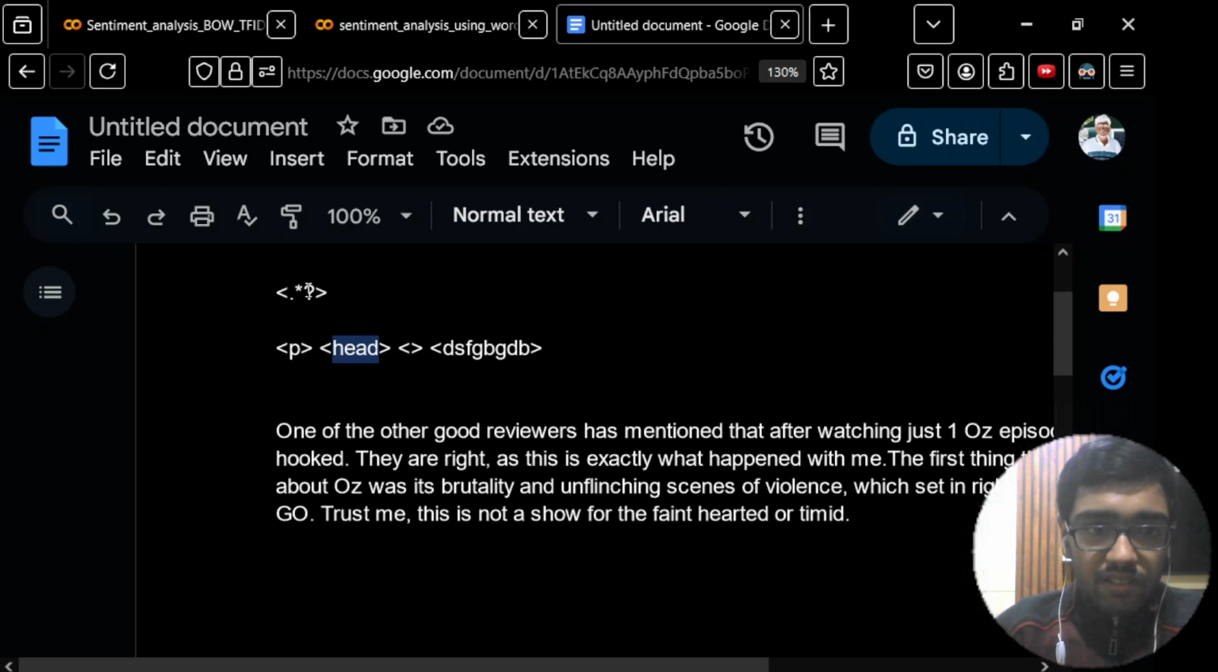And then this question mark means that it's okay if such a number of characters are there, and it's also okay if they are not there. So because of this question mark, if there is just a left arrow and a right arrow and no character in between, then it will still grab this, meaning. So using this